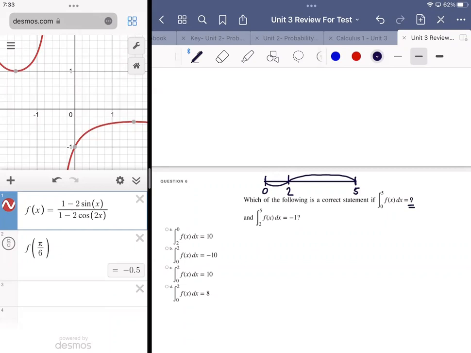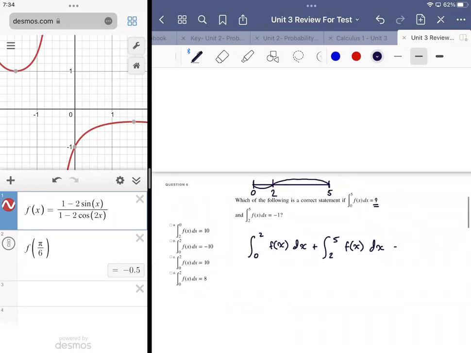So it couldn't have been more negative. It had to be positive, right? It may not have been very, very positive, but it had to be somewhat positive, all right? So if I take the integral over the interval of 0 to 2 of f of x dx, add that to the integral over the interval of 2 to 5 of f of x dx. Oh, sorry, I apologize. I got that backwards. I'll fix it in a second. I'll get 0 to 5